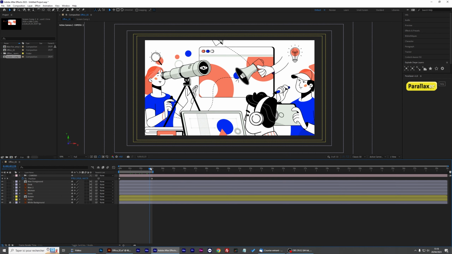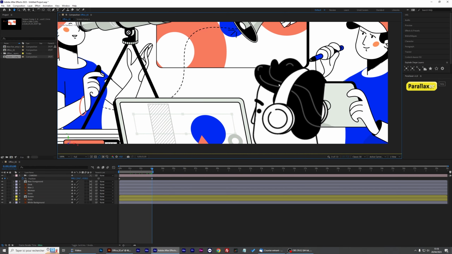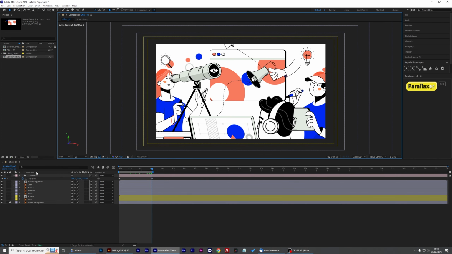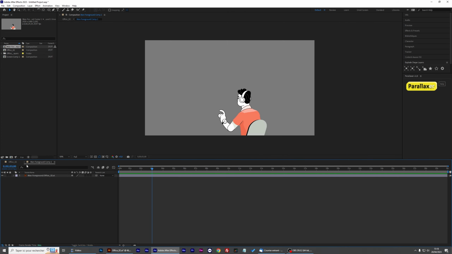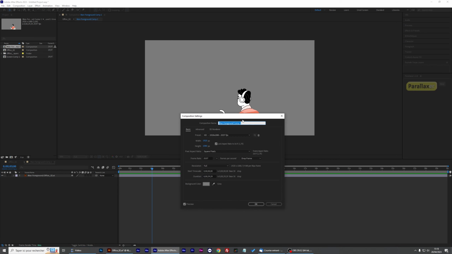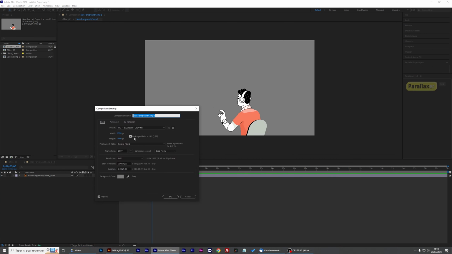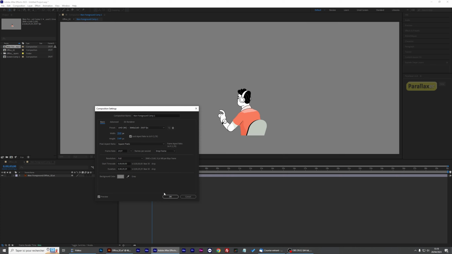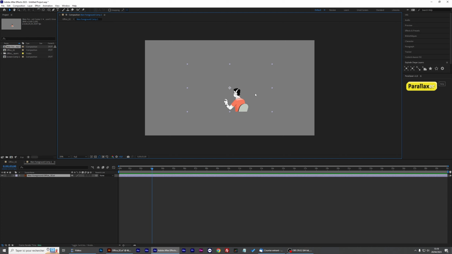So maybe the first thing I want to do here is to correct this problem of blurry pixelated layer. So to do that, I'm going to open the composition and modify the settings here. A simple way to correct this problem is to multiply per 2 or per 3 or 4 the size of the composition. So in this case, I think 2 times is enough. So I'll do this on the width and height. Okay. But now my layer is too little, so I'm going to scale it per 2, just like this.